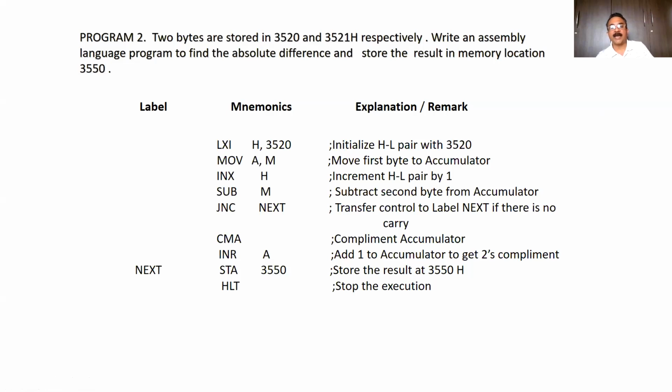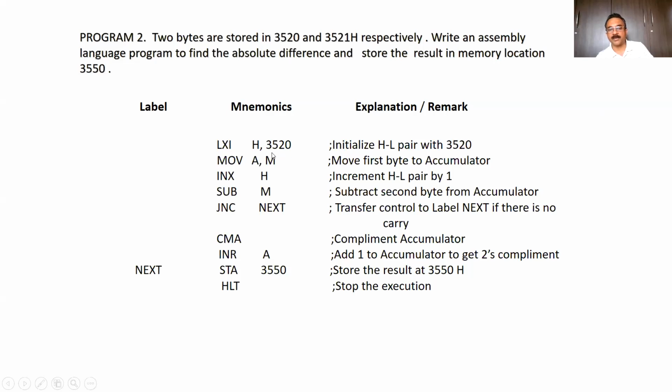That is why at the end of this program, your answer in the memory location or accumulator is always positive. So basically it's a subtraction program. And since only 2 bytes are there, we don't require a counter for the number of bytes, and no carry counter is also required. So directly we start the program with the instruction LXI